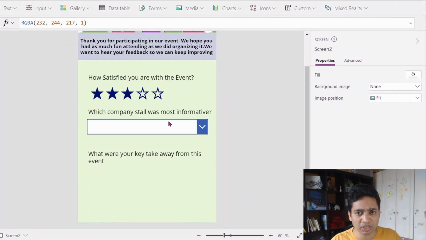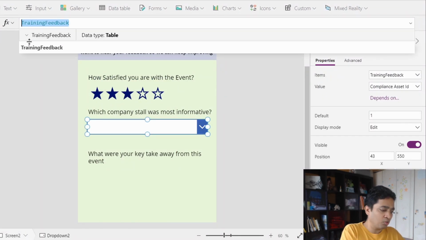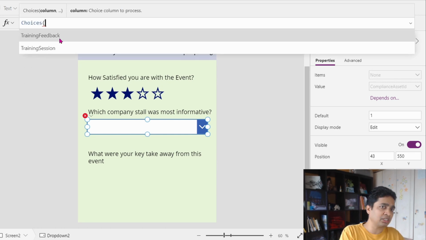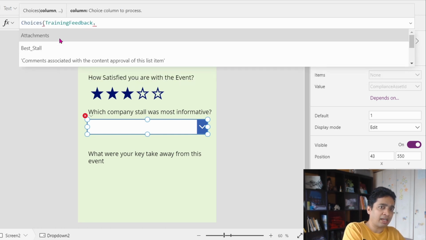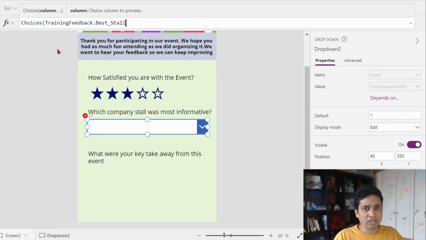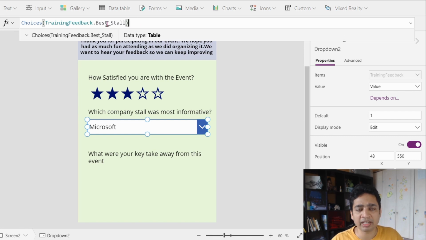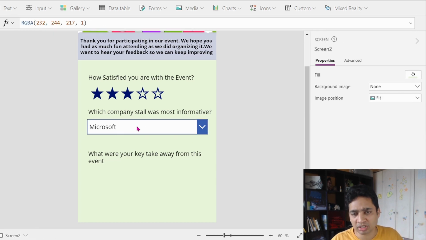So instead of training feedback, you will say that I need to have choices. In the choices function, inside the training feedback, I want the best stall. That's the type of table that I want. Once you close this off, you are getting the values of training feedback best stall and putting it under the choices function. So now you will see that the choices have started coming up.